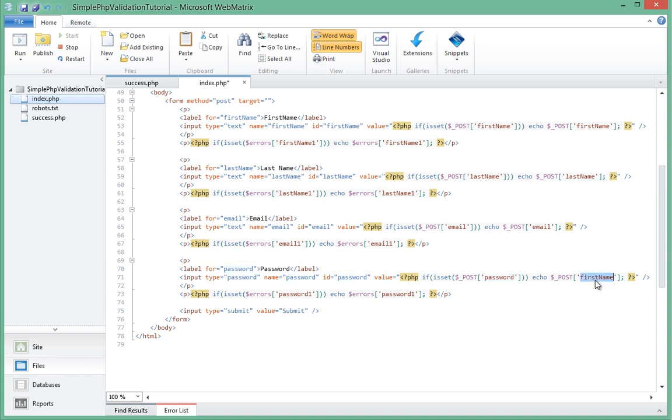All right, so last but not the least, we want to output, actually we're not outputting password because for security reasons we want the user to type in the password again because they might have made a mistake or forgot to. All right,